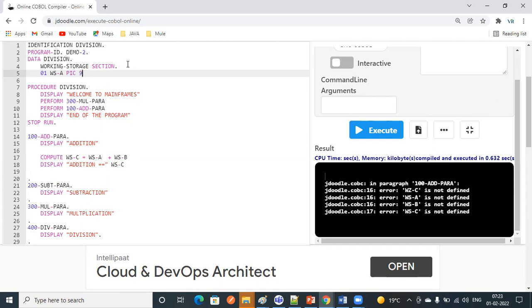If you want to declare numbers, then go with 9 of 5. So 9 is the numeric data type over here, and 5 is the size. It will store 5 bytes of memory. This number we can store. Suppose I want to store some other number, it will get truncated. We'll talk about that later, what the truncation is.